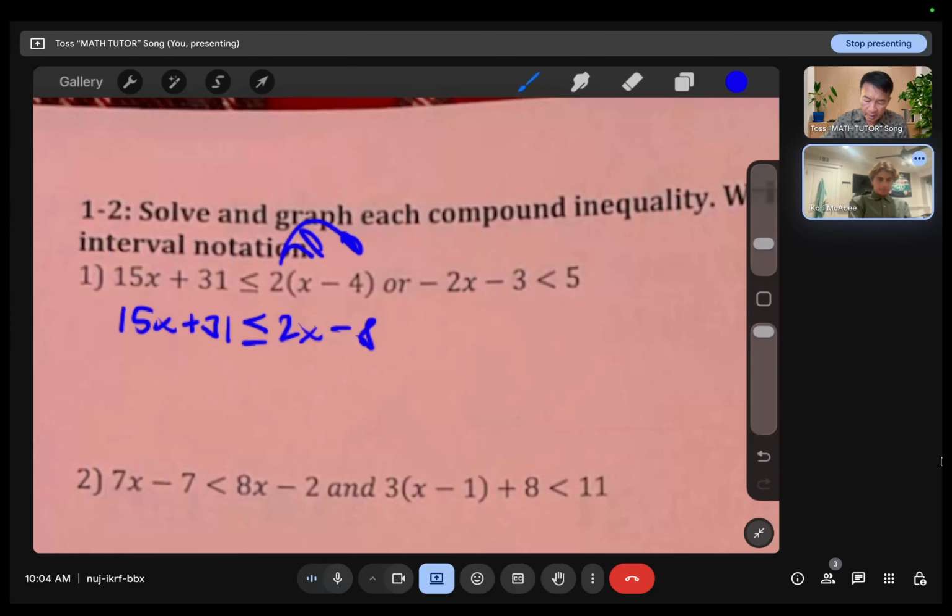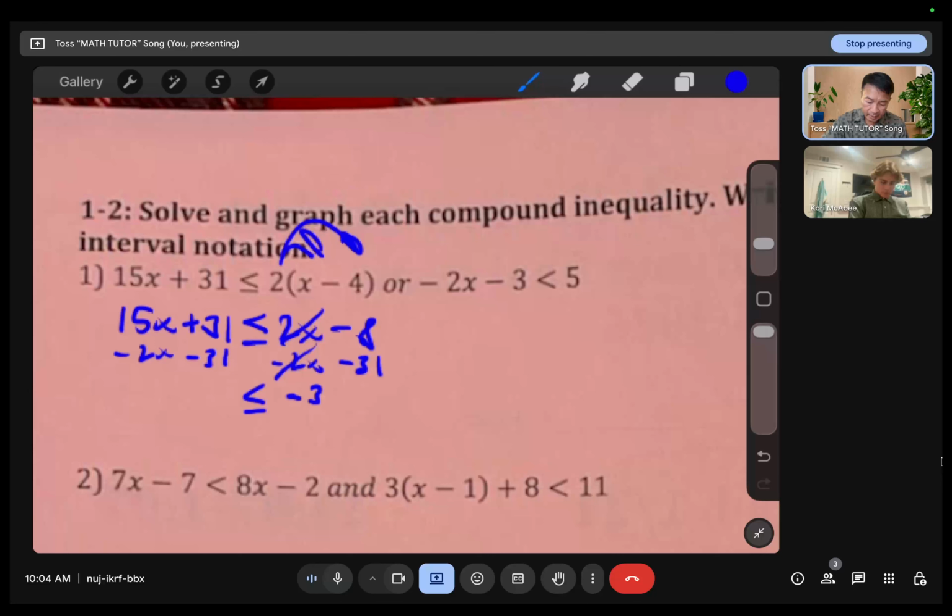Okay, and then I recommend you solve the inequality with the x being on the left side. So subtract both sides by 2x. At the same time, subtract both sides by 31. 31, so they cancel. You're left with